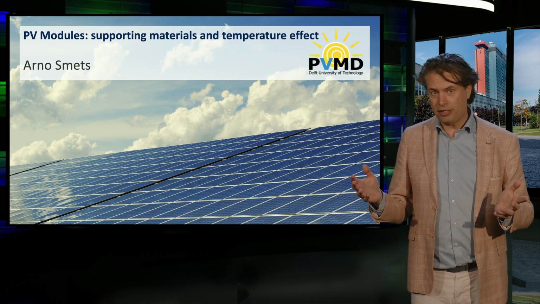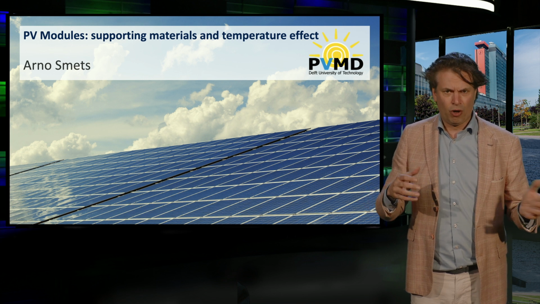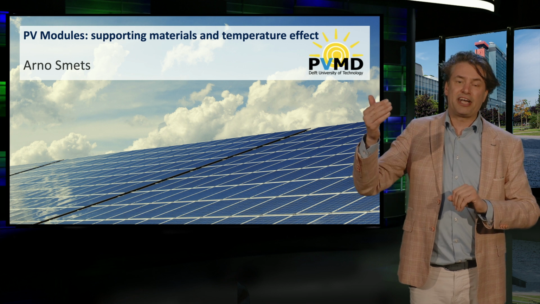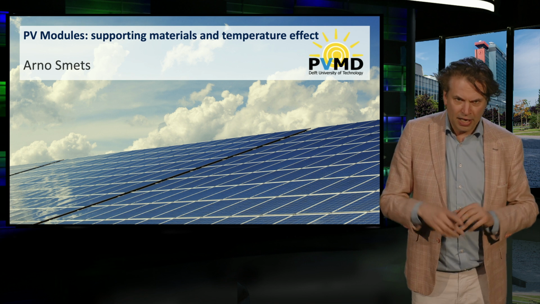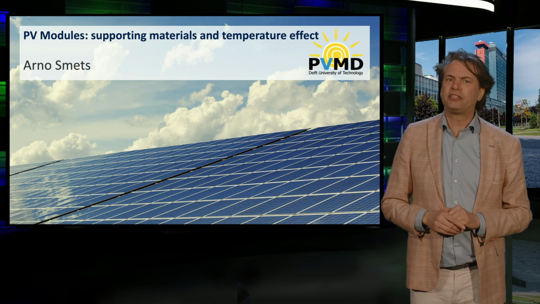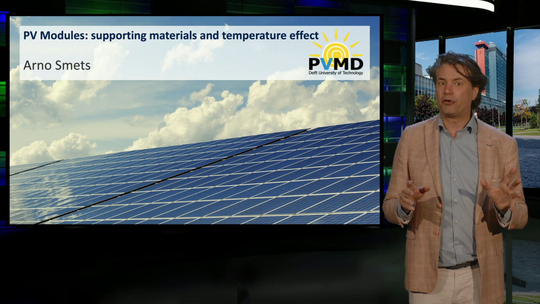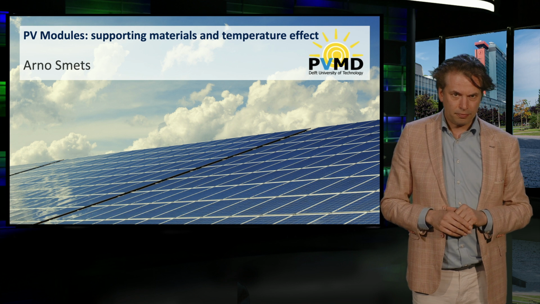We know that irradiance has an effect on the output of the PV module. In general, all other parameters being unchanged, the higher the irradiance, the greater the output power will be. In this video, I would discuss with you the effect of a parameter of great importance, the module temperature.